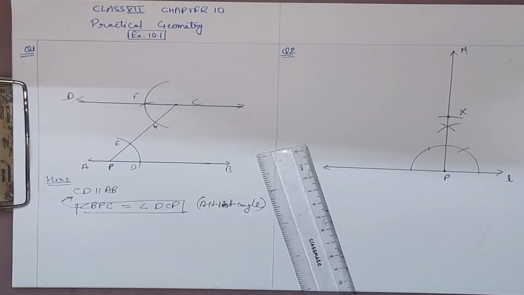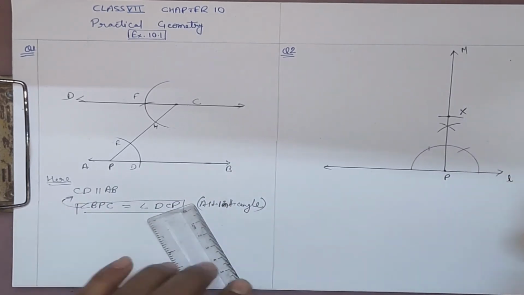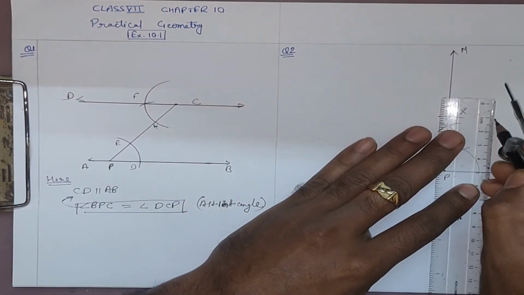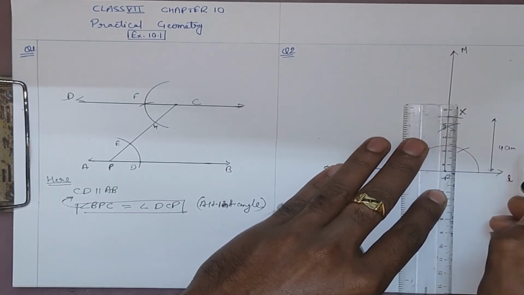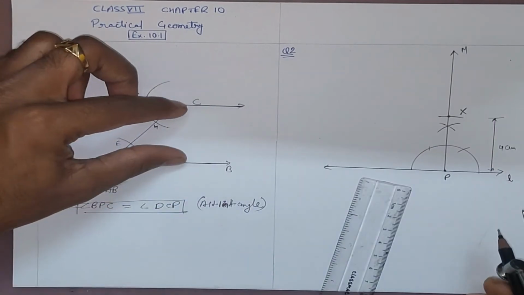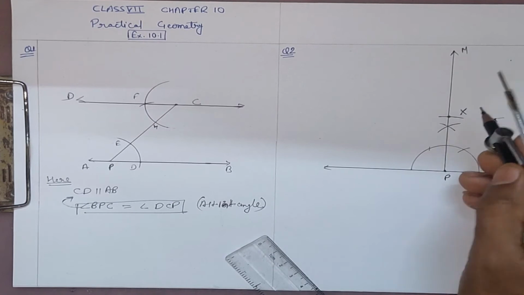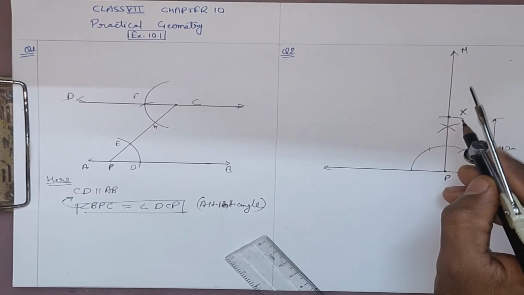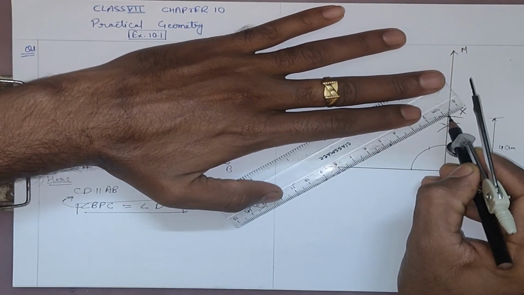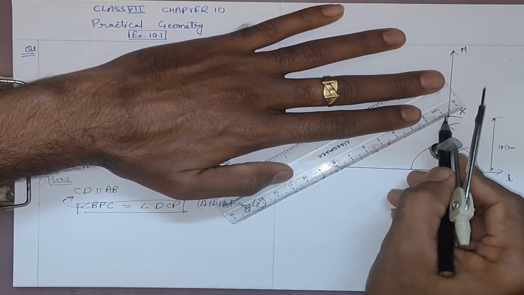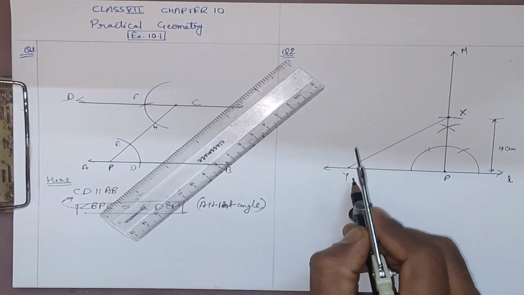Now from X, the case will be similar to the previous one. Why? Because this is the vertical distance, which was given in this particular case. But previously it was not said how much distance we have to take between the two parallel lines. So now you can treat this X as an outside point. Take any angle you like, as a slanting line to line L, cut it and name it Y.